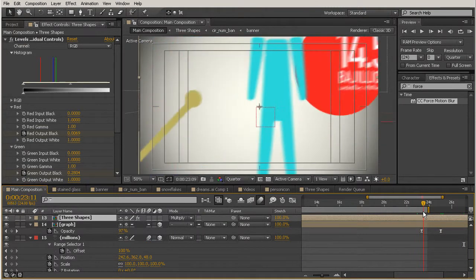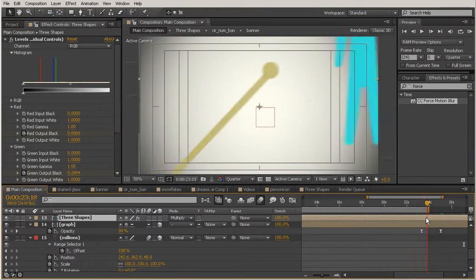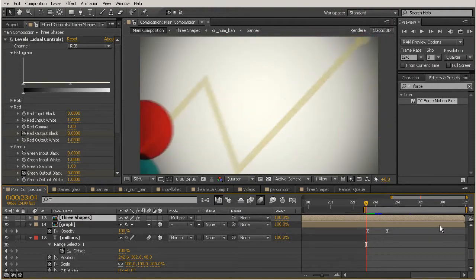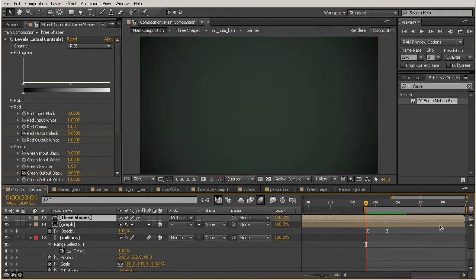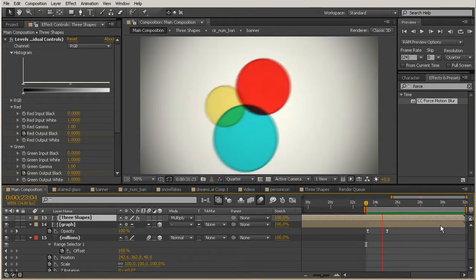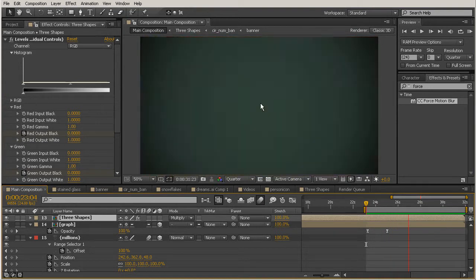And I'm just going to do a quick RAM preview to watch this through in real time from right about here. So I'll go ahead and hit that B key just to trim my work area to the beginning there. And then I'll drag that all the way out to the end just so we can watch what we have left. And it looks like, because we went ahead and took out those other layers,